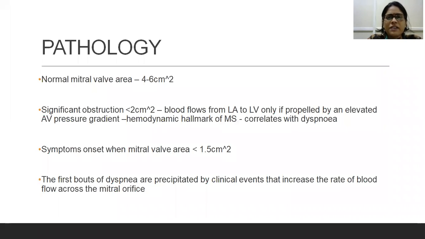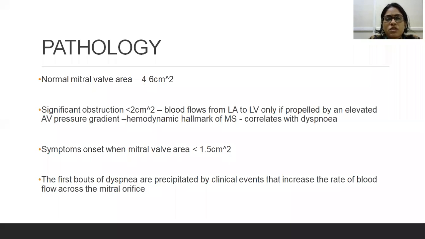When you have mitral stenosis, the stenosis occurs slowly. It doesn't suddenly stenose overnight. Your stenosis happens at a rate of 0.1 to 0.3 centimeters square per year. At some point your valve area will decrease from a normal of 4 to 6 centimeters square to about 2 centimeters square. When it reaches an area of 2 centimeters square, the patient may